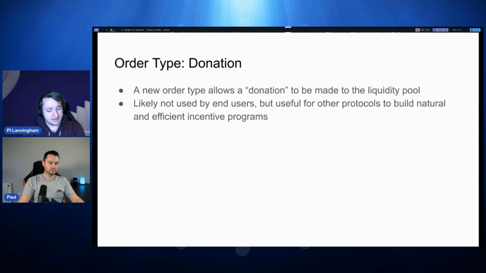So if I put 10,000 ADA into a UTXO, I can say, this is an order where I'm just donating 10 of that ADA, and the rest gets paid to the destination, which might be some other contract. If you had 10 different pools you were trying to distribute to, you could say, here's 1,000 ADA, I'm going to donate 100 ADA to each of these 10 pools, and chain it through each of them. So we're looking forward to seeing what people build with that.